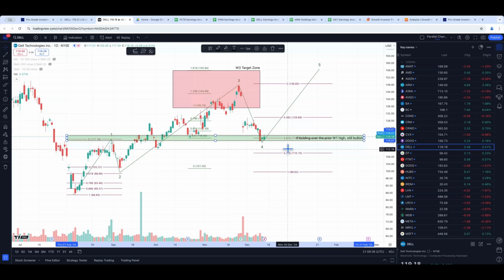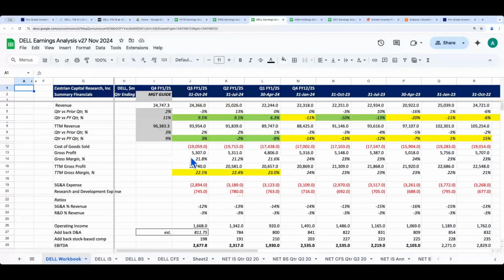If we look at the fundamentals of DELL on your screen right now, I thought it was a good quarter personally. So this is the October quarter, 9.5% revenue growth. So that accelerated for each of the last 1, 2, 3 quarters. TTM revenue growth now positive at 3%. It's not exciting, but it was negative 14% in January this year.